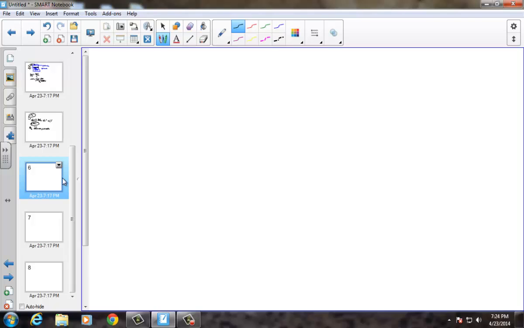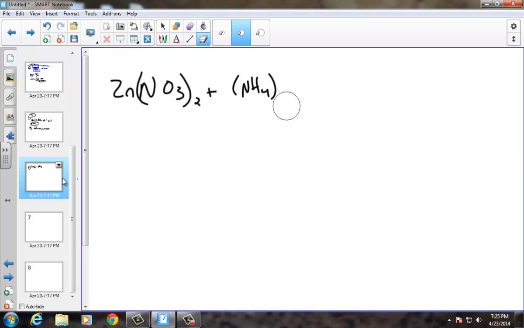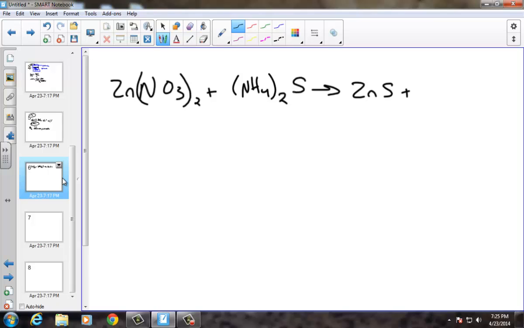Examples start on page 438 in your book, which talks about how to do it, and then page 440. Identify the precipitate that forms when an aqueous solution of zinc nitrate and ammonium sulfide are combined. So we've got zinc nitrate, so Zn(NO3)2, because you're going to need to know these charges, plus NH4 and S. Alright, well, double displacement says that's going to make ZnS plus 2